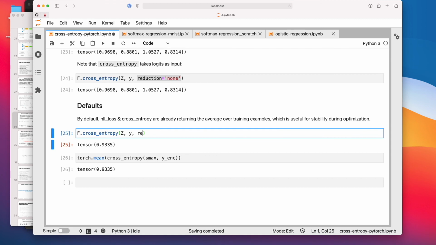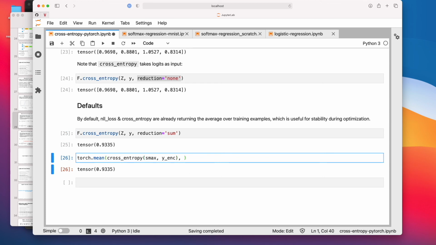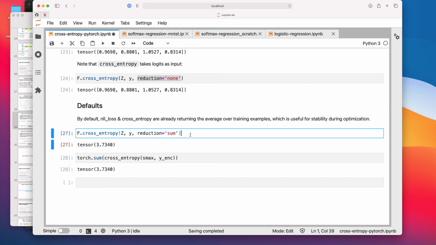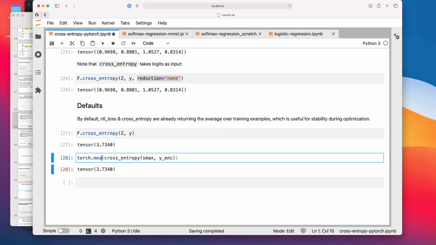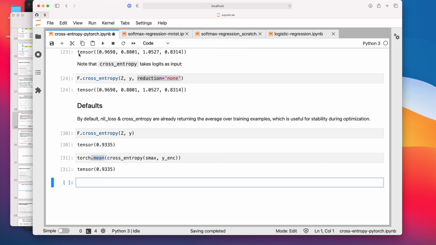If you wanted to, you can also set reduction to sum. Sorry, it should be like this. So you can see, you can also do the sum, it's equivalent. But in practice, I recommend using the mean because, like I said, it's more stable in terms of choosing a good learning rate. It's easier to find a good learning rate if you use the mean compared to the sum.